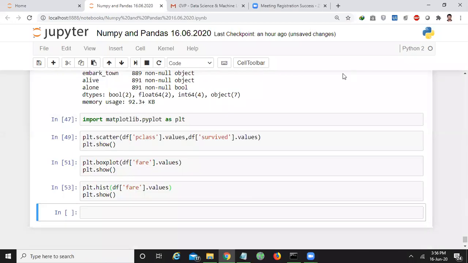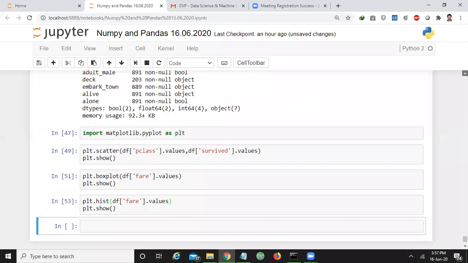So those who don't have the data set, no problem. You can browse through the net. Why? Because the Titanic dataset is a very popular dataset, and that will be available on Google. If anybody wants the dataset, just give me a call or give me a message so that I'll give the dataset to those students, so that you can study the data.